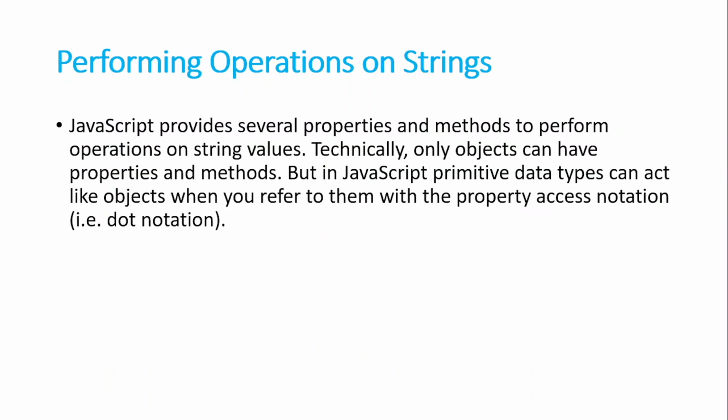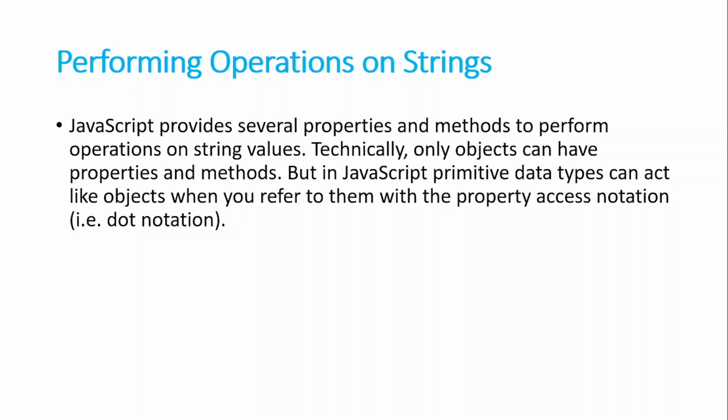We can also perform different operations on JavaScript. We have some methods and properties attached to a JavaScript string. Technically, only objects can have properties and methods. We'll understand what objects are. But in JavaScript, primitive data types can act like objects when you refer to them with the property access notation,